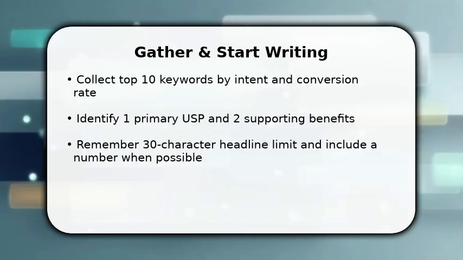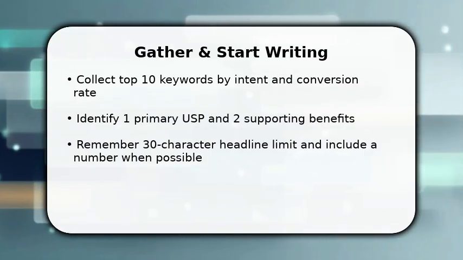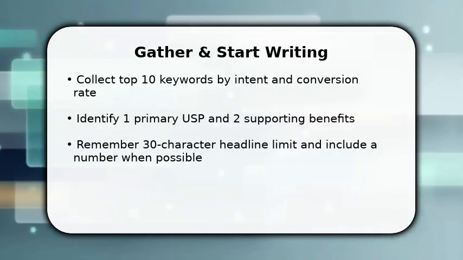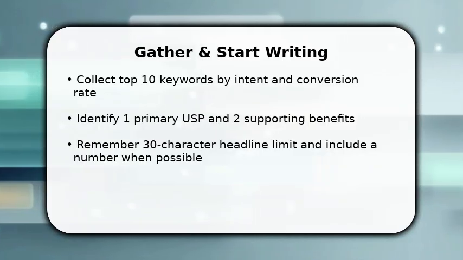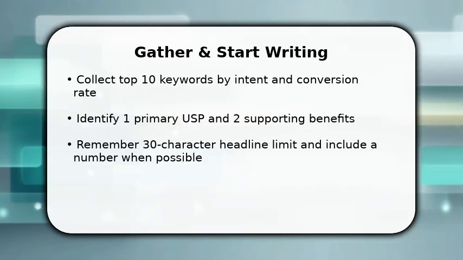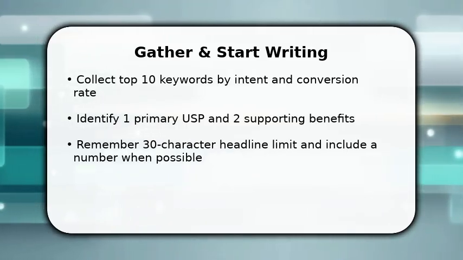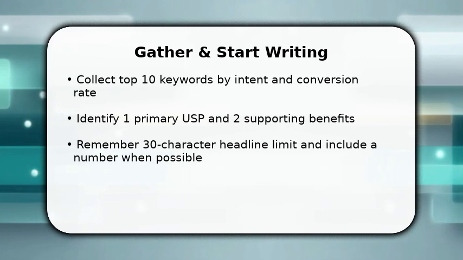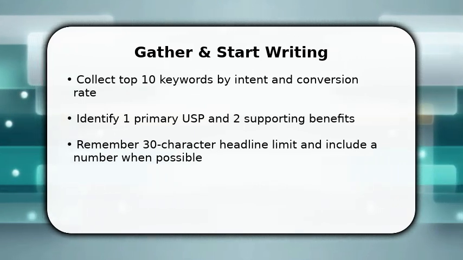You begin by collecting your highest intent keywords and isolating one clear USP. That makes writing faster and keeps relevance high. Next, craft 3 headline variants around that primary keyword. Use a number, a benefit, and a time or urgency cue. Make sure to respect the 30-character limit while keeping meaning intact. Once done, save variants to a spreadsheet and note expected CTA. This immediate focus gets you into iteration rather than endless polishing.